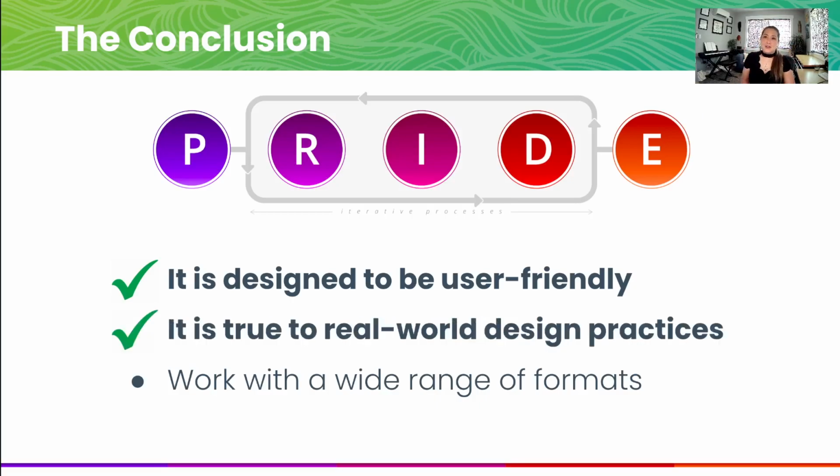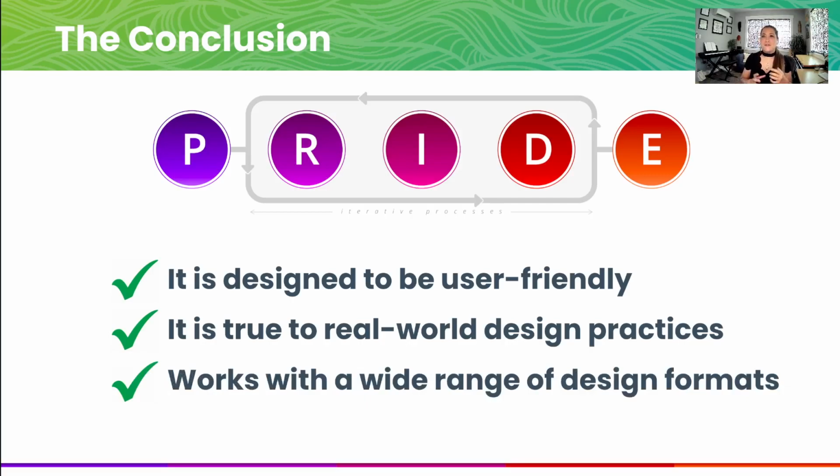I feel like this model also mimics real-world design practices a little bit better, with the verbiage and also the process. Including research in there is huge, and also some of the questions that are being asked. I also feel like it's very flexible. It can apply to a wide range of formats, systems, processes, big groups, small groups,